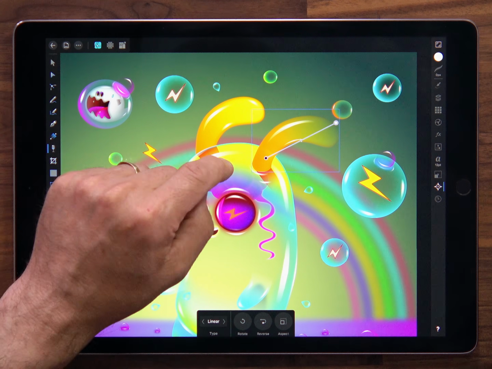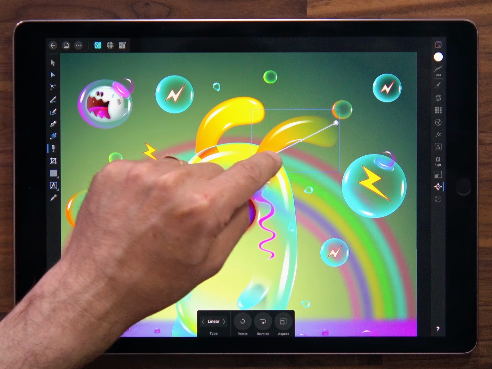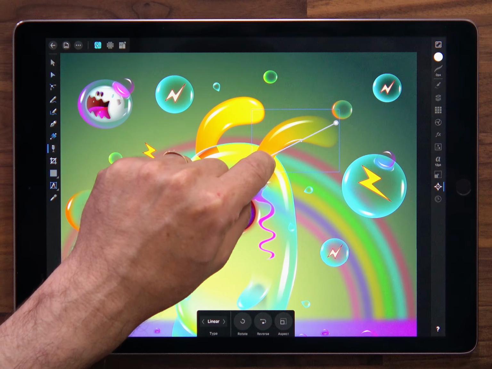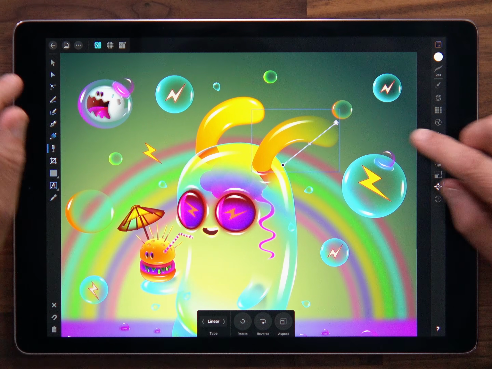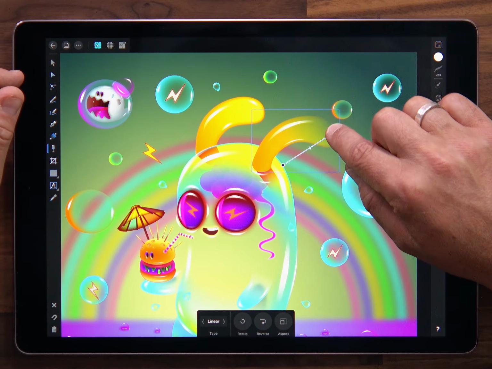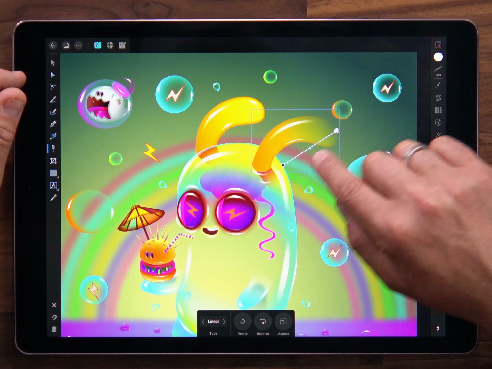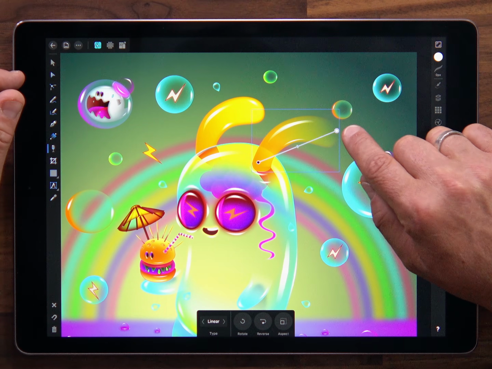So what I can do, I can redefine that path at any point in time. If I'm not quite happy with that original, I can redraw or reposition by dragging these end stops around. Now they're selectable, so I can select that end and move that one. I can select that end